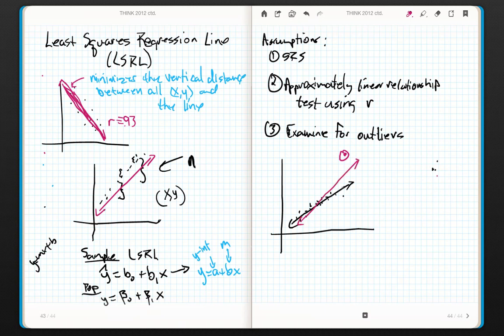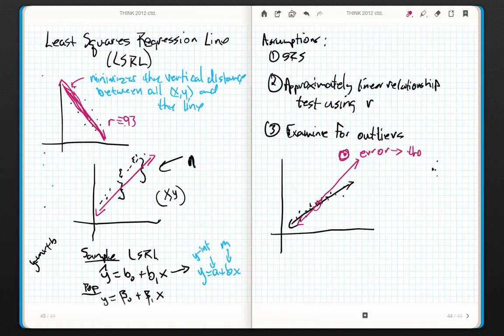Now, you can almost think of this outlier as affecting the line the same way that an outlier affected the mean, because that's really what a least squares regression line is. It's minimizing the average vertical distance between the data and the line. So what this is doing is it's pulling this line to it. And if you notice, this line really doesn't describe any of the data except for maybe a couple of these lucky guys down in here. All right? So we have to look at this outlier and we have to say, okay, what are we going to do with this? Well, if we truly know that it's an error,